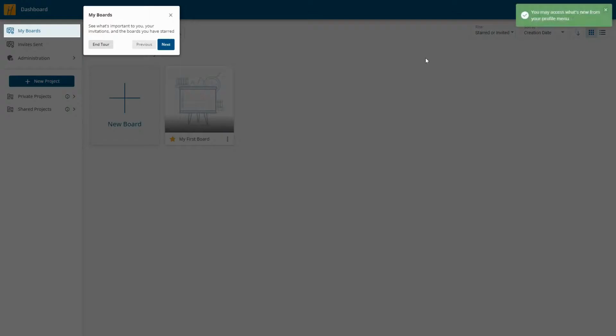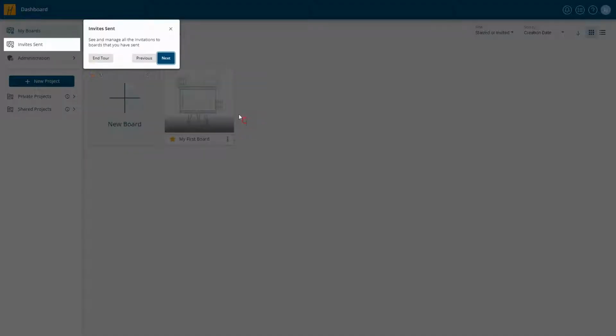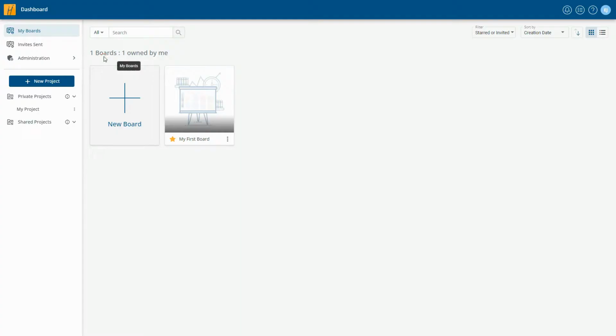After this, you will be presented with a tour that highlights important dashboard areas, such as creating a new board, projects, and more. I'll end the tour, as we'll go over these areas in more detail in this video. If you do not see the left side panel, click the 3 vertical lines on the top leftmost position of the dashboard. The first item is the My Boards section, which is displayed when you enter the dashboard by default,